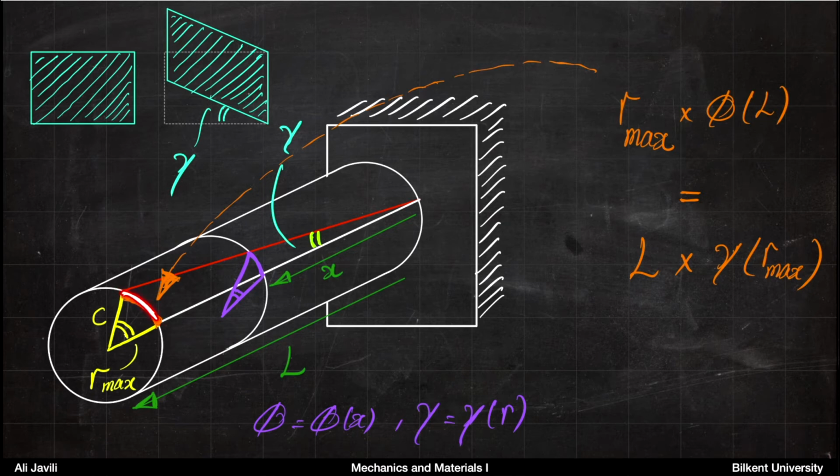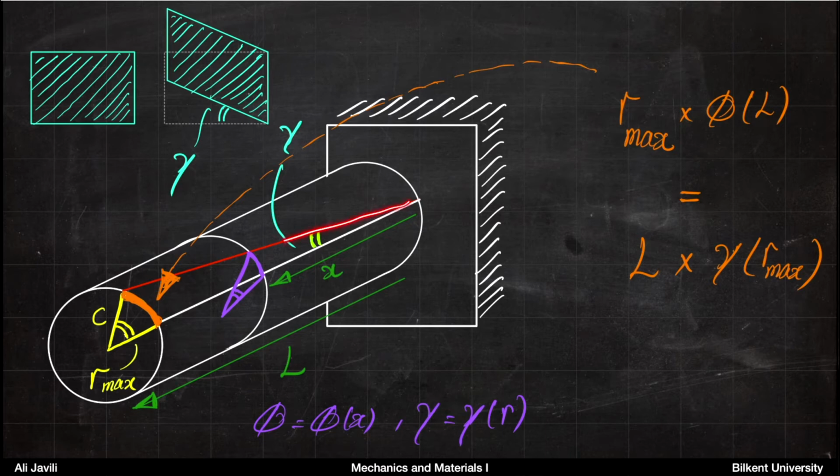If you look at that arc length, you can relate it to the distance from the center here and the angle. So this would be R max, and we call R max also C. So C is just another letter for R max. You would have R max times angle of twist at L, which is exactly that arc length,